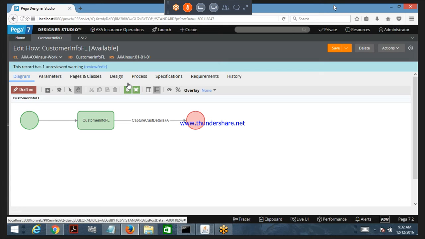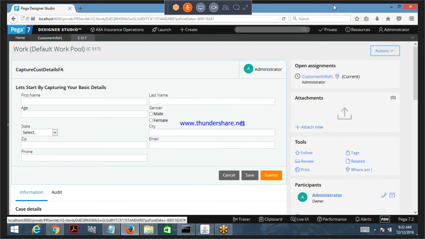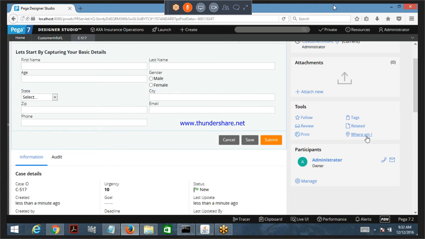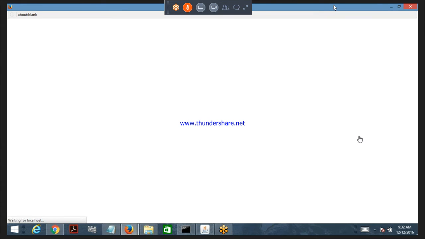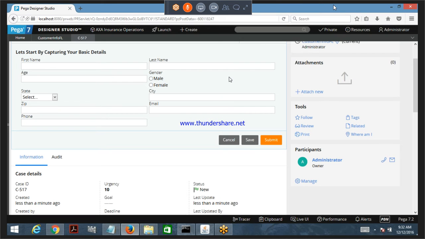That can be known by a developer in the debugging process by clicking on the 'Where am I' link. Where am I is a link provided to you in order to debug the workflow, to know the current position of the work object in the currently running flow. So Where am I displays the current position of the work object in the workflow. What we learned is, when you select the option that creates a new work object,